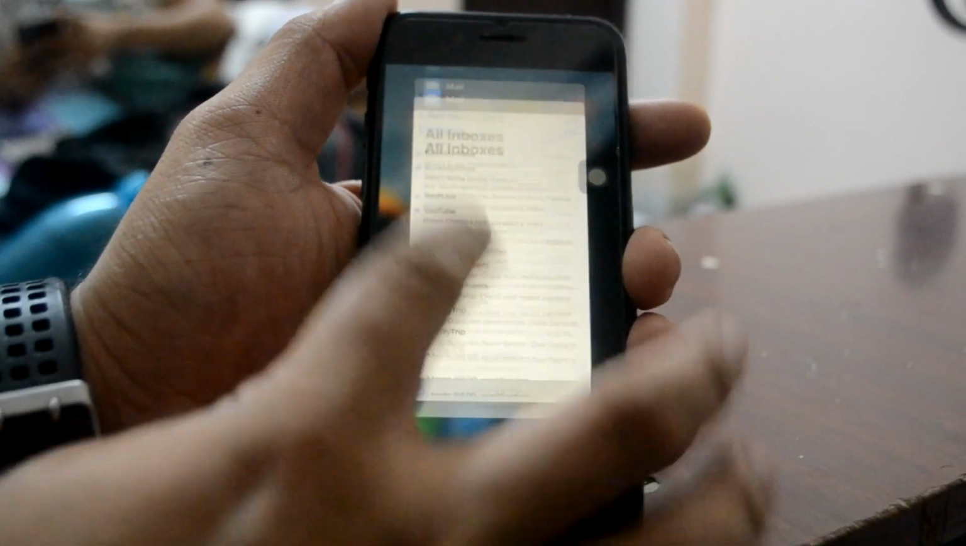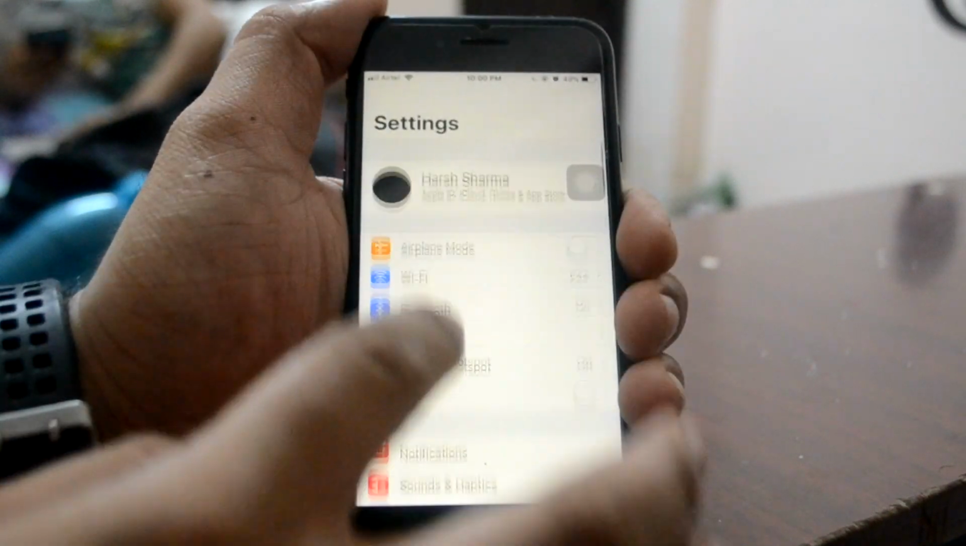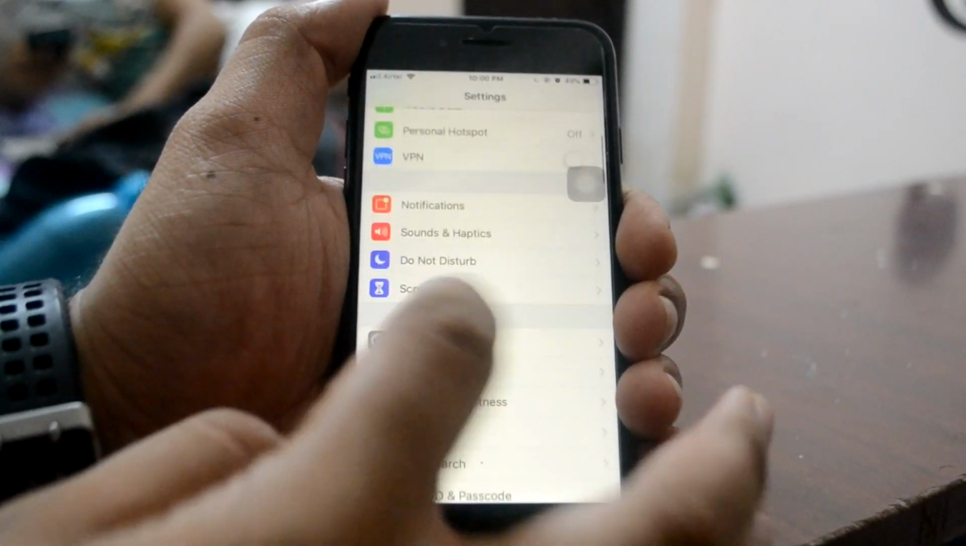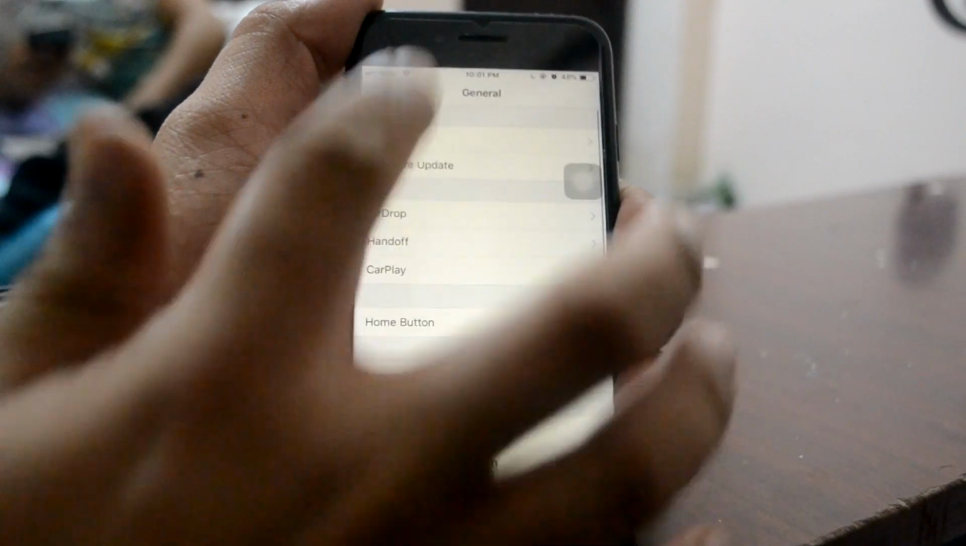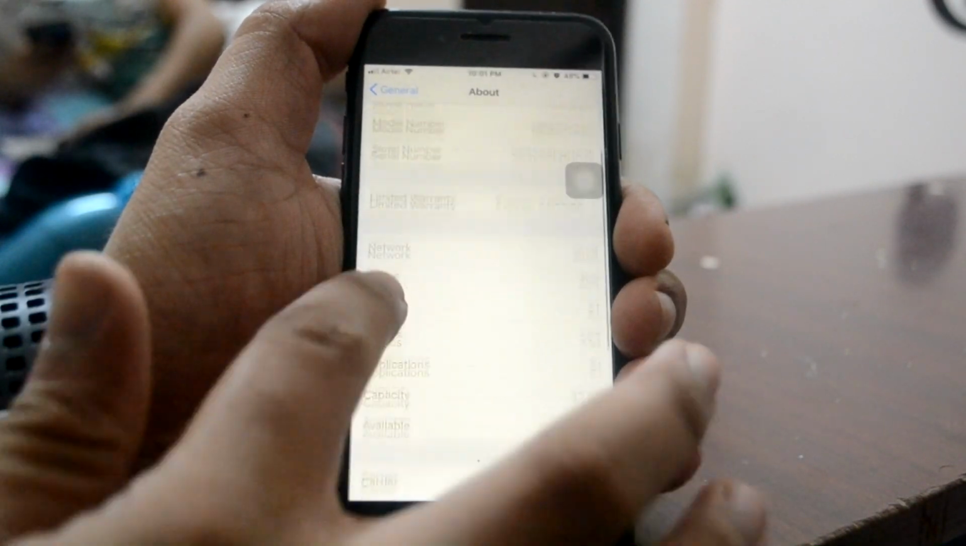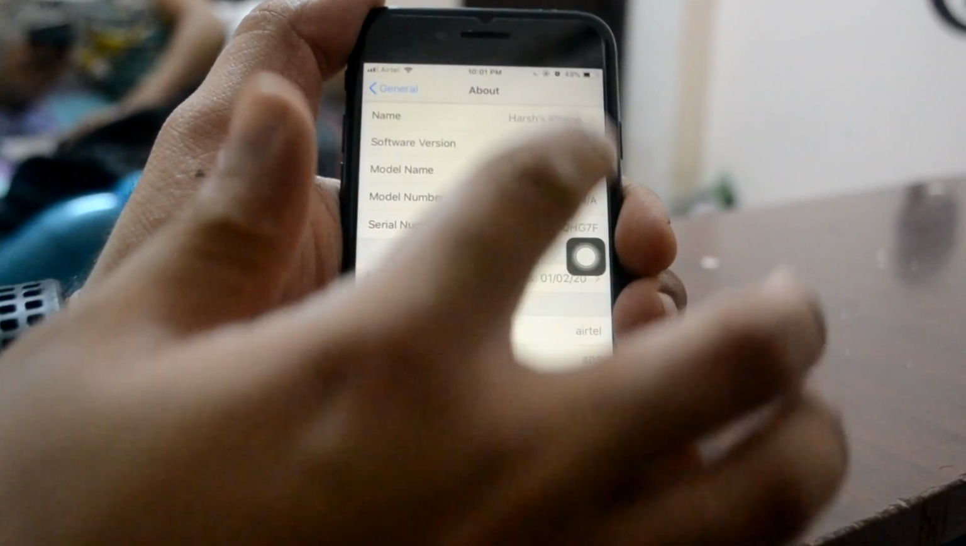So guys, in this video I'm gonna show you the latest Cydia tweaks that are compatible with your iOS 12.4. So guys, let's just quickly get started. First of all, let me quickly show you which iOS I am currently on. I'll just go into my About, and guys, as you can see, this right here is the 12.4